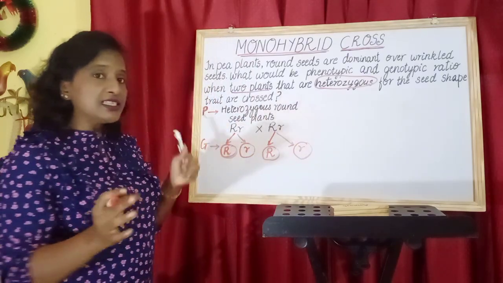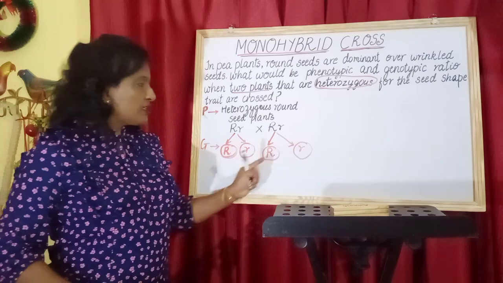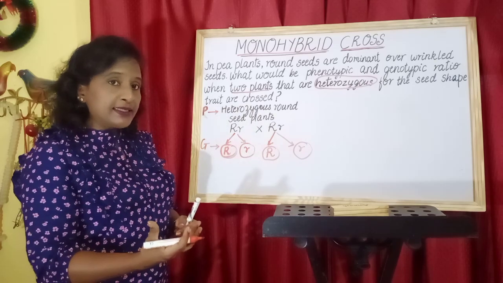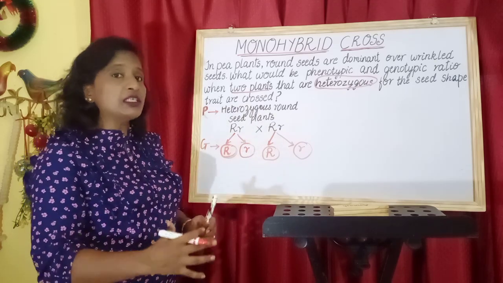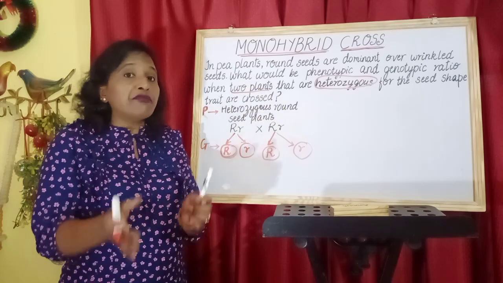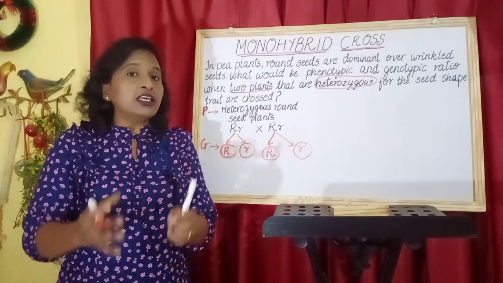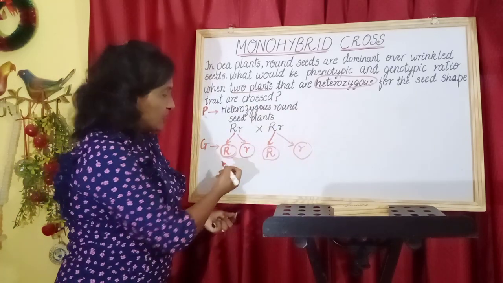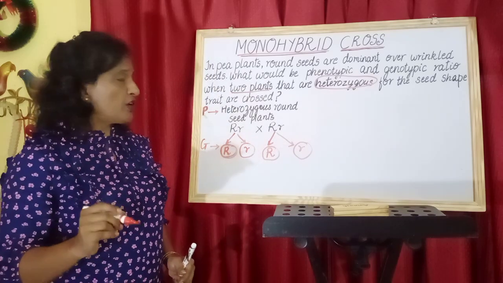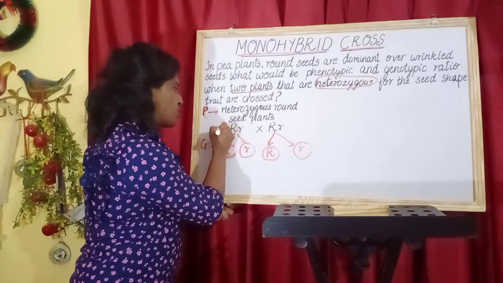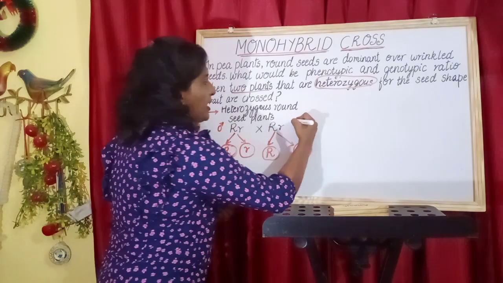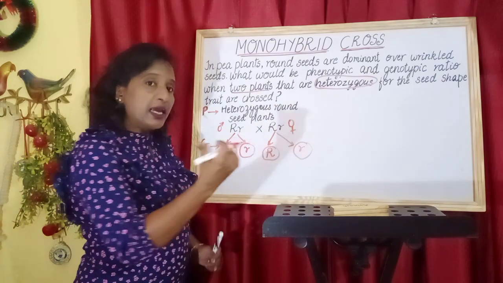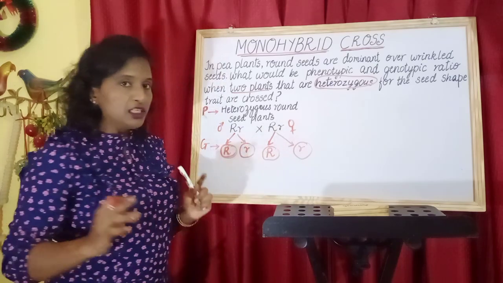Since both the parents are hybrid, definitely the same type of gametes will be formed, right? Now we have to see what we will get in the F1 generation, the offspring that will be formed. The F1 generation is the first filial generation, in which we get the offspring after the combination of these gametes. One more important point: I can say this parent is male and this one is female, because the male gamete will always fuse with the female gamete.